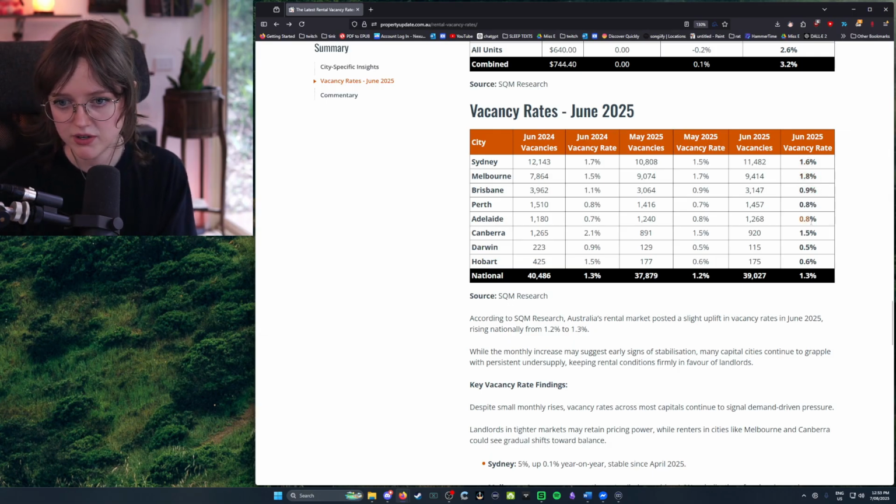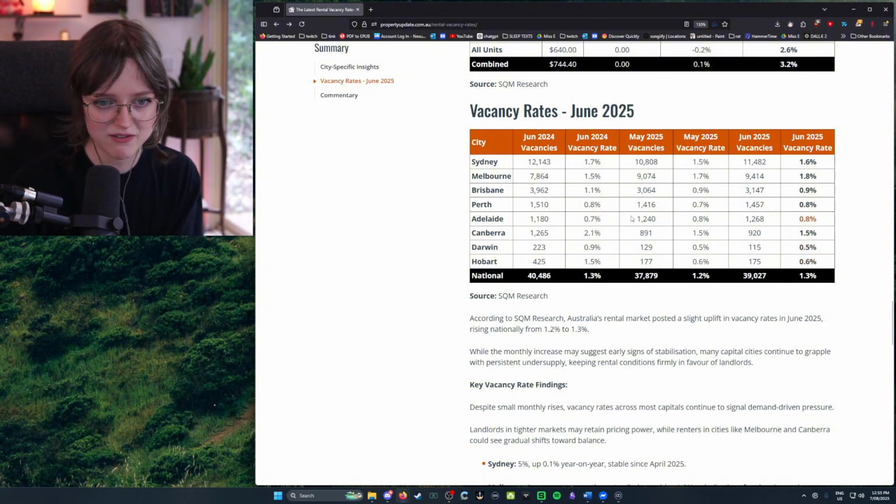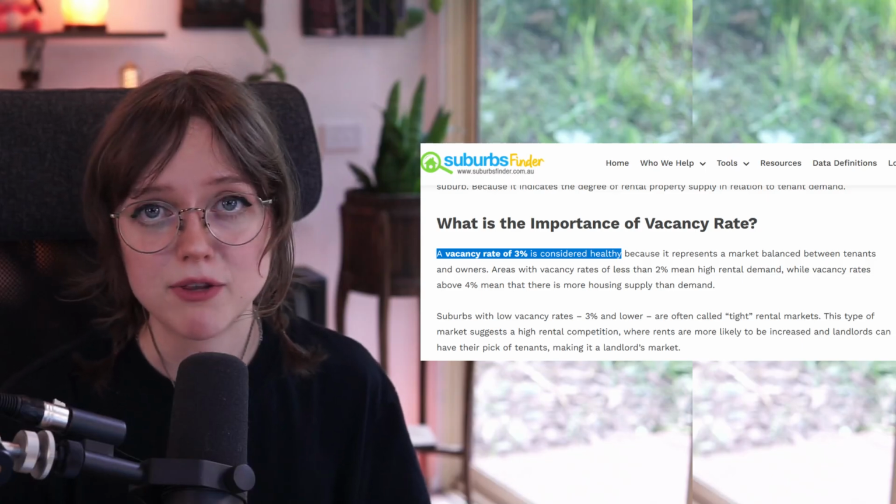1.8% Melbourne. But we have negative gearing, guys. This should mean we have a high vacancy rate. What the hell? If we stop negative gearing, we will drive up the cost of rent. Apparently a healthy vacancy rate is meant to be 3%. Less than that, you have undersupply. More than that, you have oversupply.